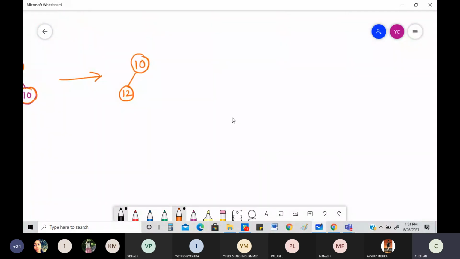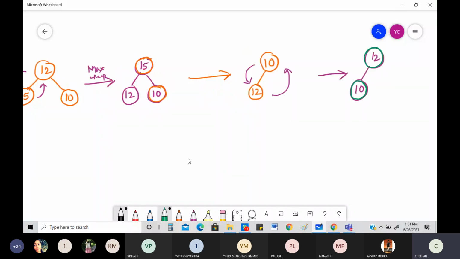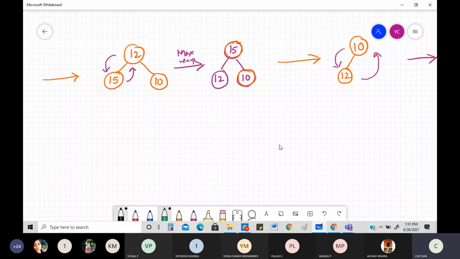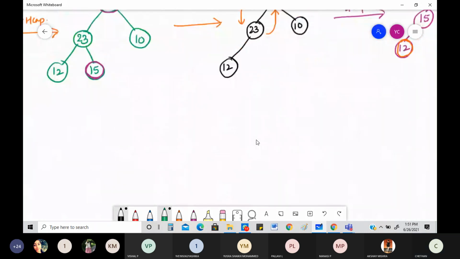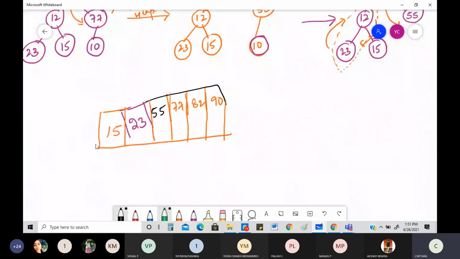Okay. Now again we need to do the heapification, or creating a maximum heap. So you need to interchange this. So it will become what? It will become 12 and 10. Okay. Now there's only two things. What are the two things that you have? The two things is very simple. You need to delete the root node, exchange that with 10. So 12 will be deleted, only 10 will remain. So only 10 means the last number to be added to the array will be 10 only, correct? So 12 will be deleted obviously now. So 12 will be coming right here. Then the last number will be remaining, only one number, that 10 will be coming right here.